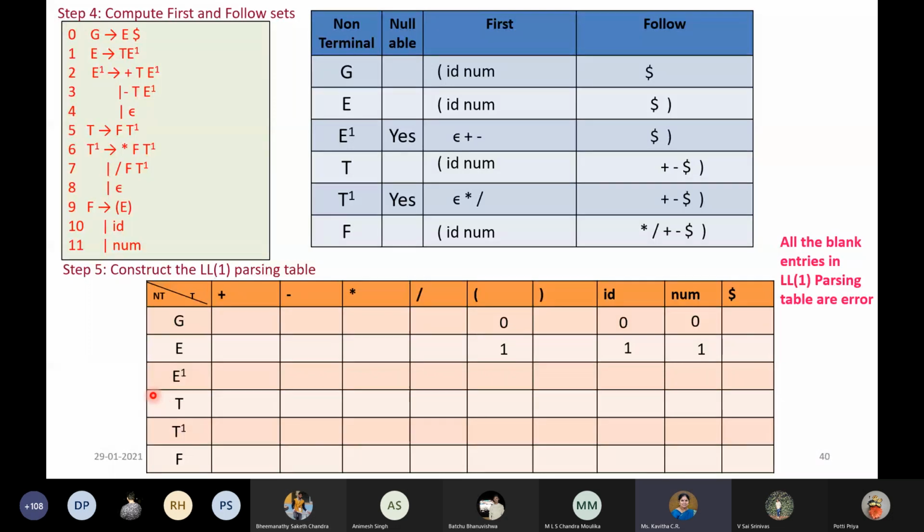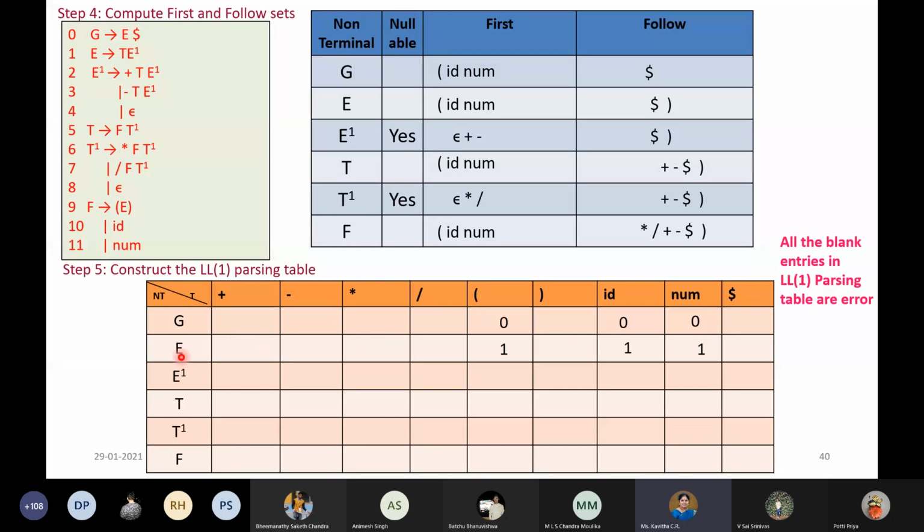If you imagine a stack, when the top of the stack contains E and my next symbol to be read is open parenthesis, then the decision taken is to apply rule number 1. Similarly, if the next symbol I am pointing to is ID, I can use rule number 1. Suppose I am pointing to star and the top of the stack is E, then it is an error. That's what it means. So we have filled the row for E also. The rest will all be treated as error.